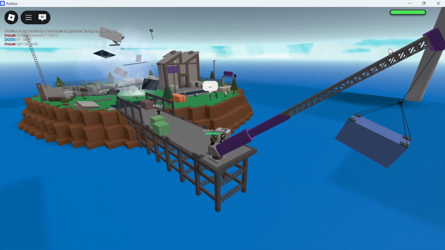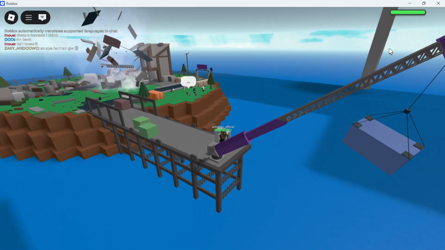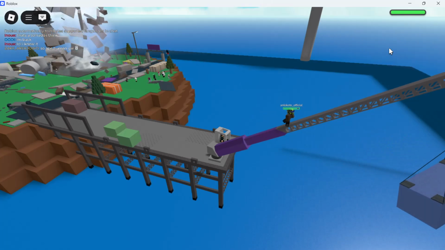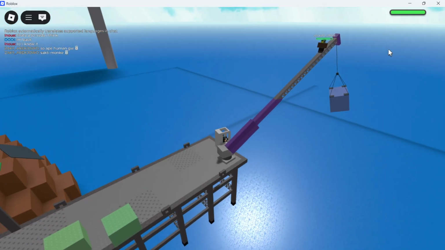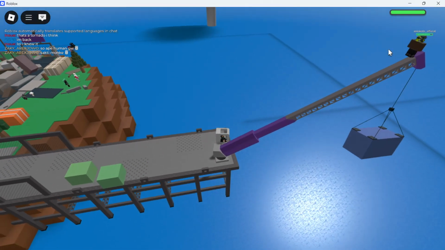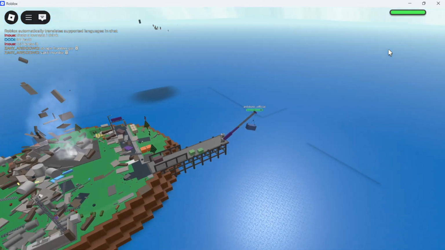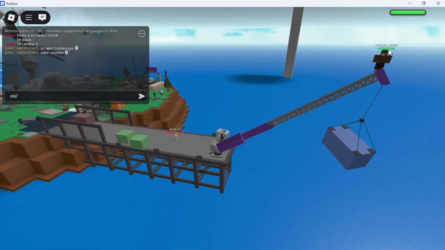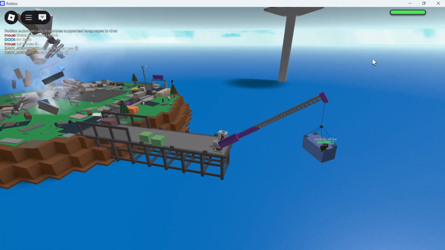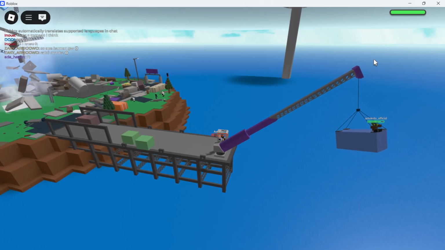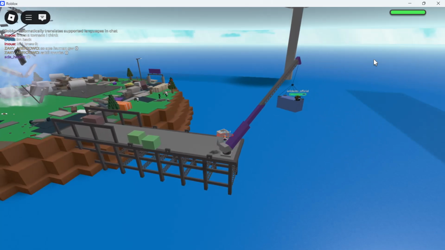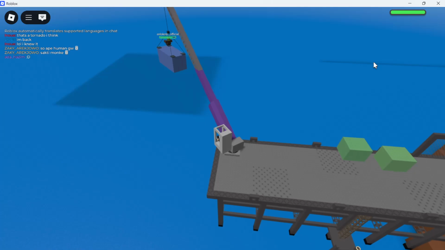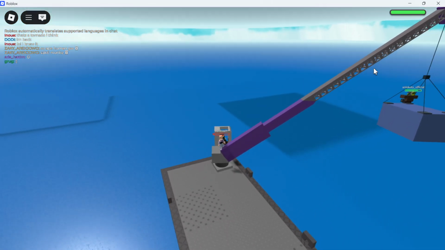Oh shit, guys, get on the crane. Come on, get on the crate, get on the crate. I can't type. Yes, yes. Oh, he did it. He made it.